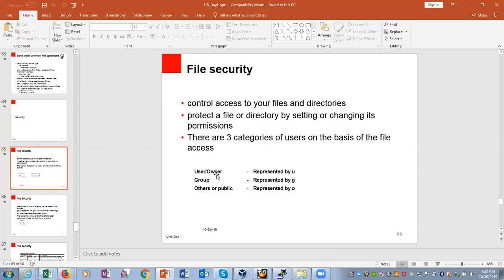One is the user or owner, represented by u, the other is the group, represented by g, and the other is the public or others, represented by o. The user belongs to a group, so that group is represented by g. Anybody outside that group is public or other, represented by o, and the user itself is represented by u.